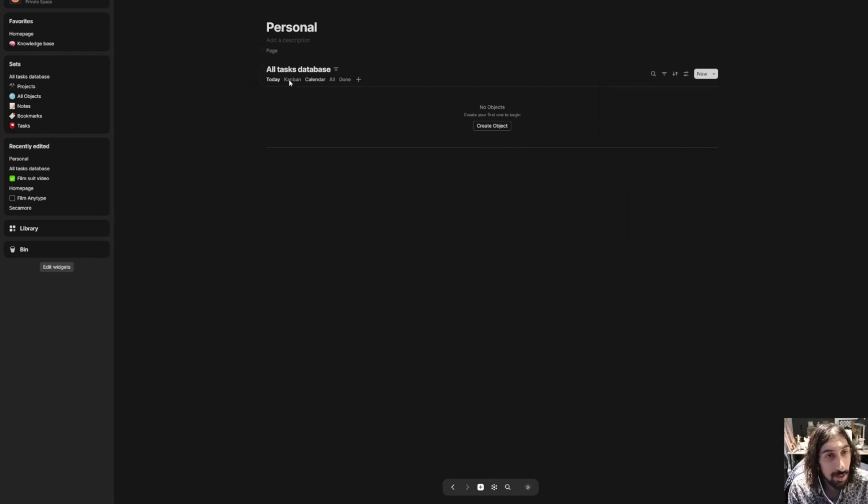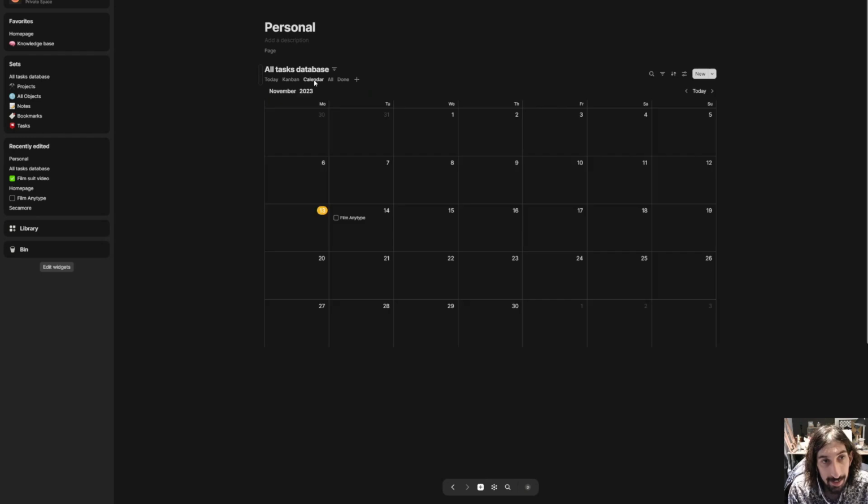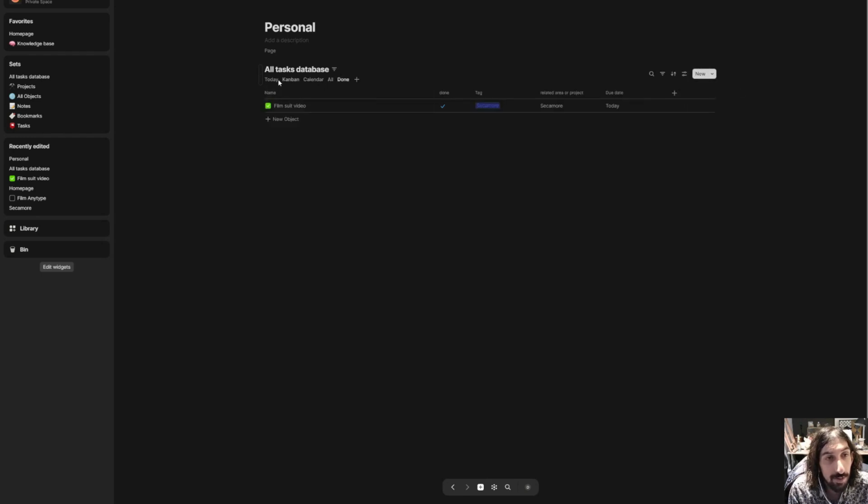And here we go. Now this is created and this will be our personal view. So if I want to take a look at my personal things, I could do it here. As you can see, I have not added the filters in all and done, but you can just do that. It makes your life a little bit easier. So this would show me all of the things I have to do